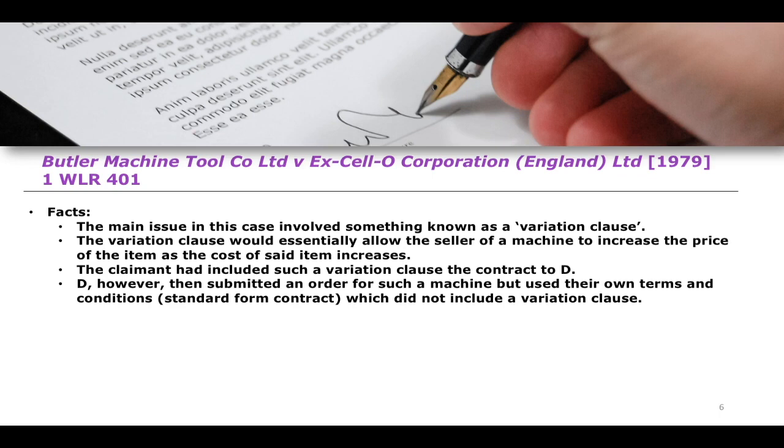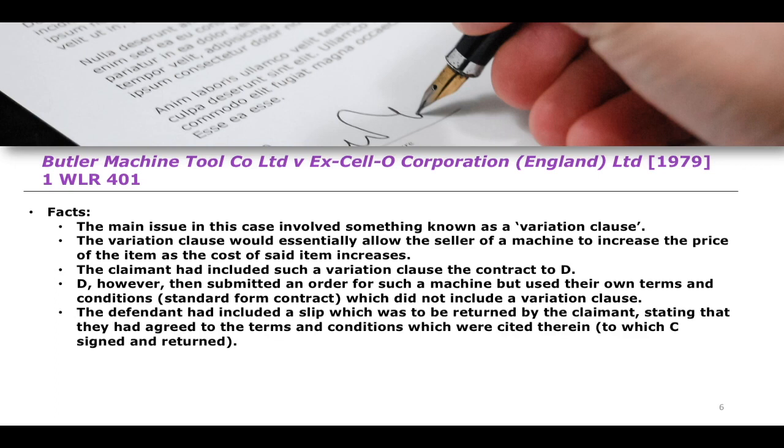Okay, so there's this sort of general variation clause in the standard form that is submitted by the claimant. The defendant then submits an order for a machine, but they submit an order under their own terms and conditions, their own standard form, which does not include said variation clause. Now,